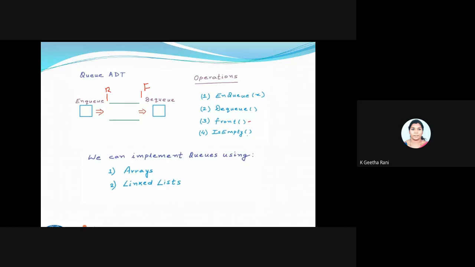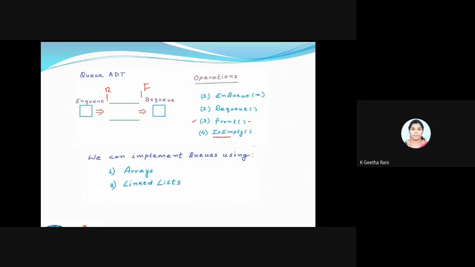For this I'm using a function, which I will be using inside my implementation. And then I'm having a function called is empty to check whether my queue is empty or not. If you want to put the data or dequeue the element, I have to go for this function and then I'll be processing it. Fine. So these are the basics of queue ADT.